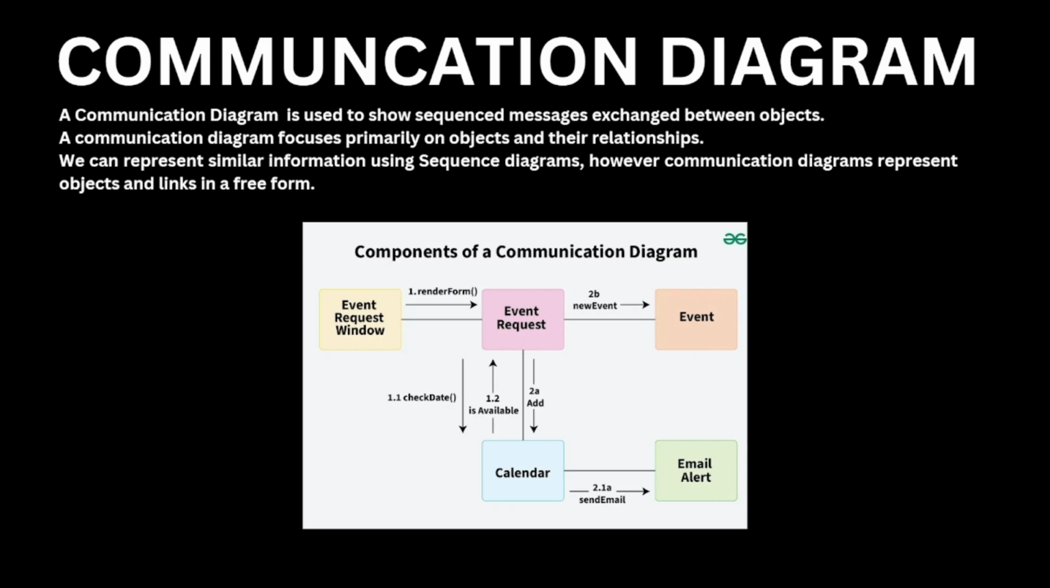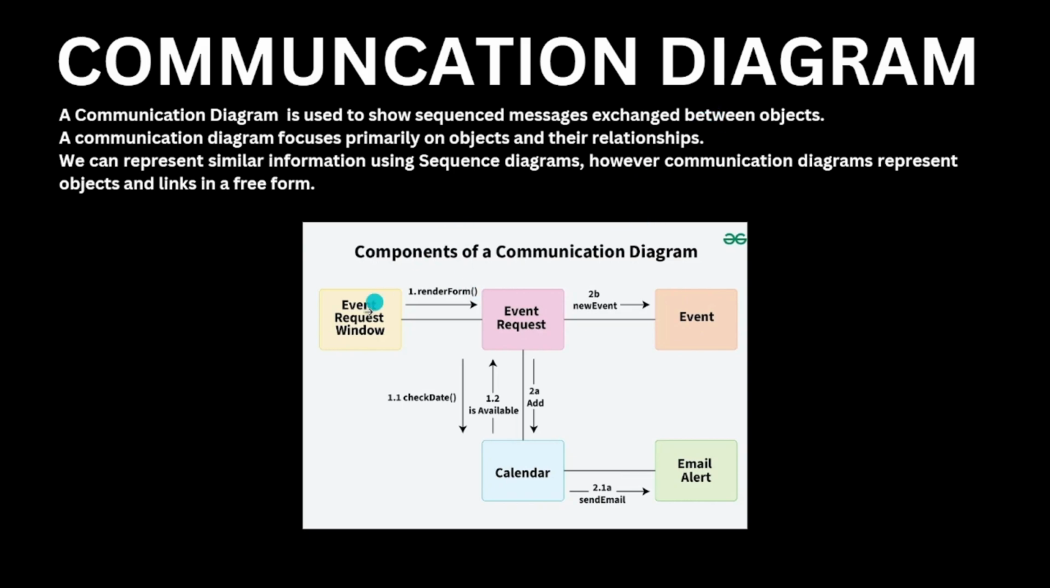A communication diagram is used to show sequence message exchange between objects. A communication diagram focuses primarily on objects and their relationships. We can represent similar information using sequence diagrams. However, communication diagrams represent objects and links in a free form. So, as you can see here, the example of